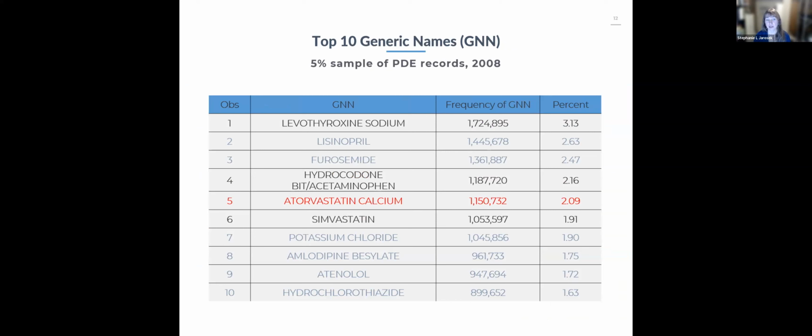Then we have lisinopril as number two, furosemide as the third. So now we've got a different list if we're looking by generic name, but we might feel more comfortable that we're starting to get a grouping of like drugs with like, so that we can actually get a better idea of what are the top 10 drugs.